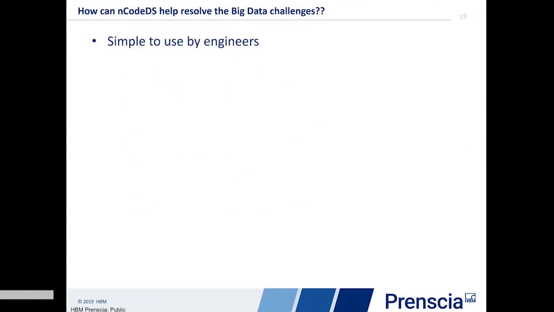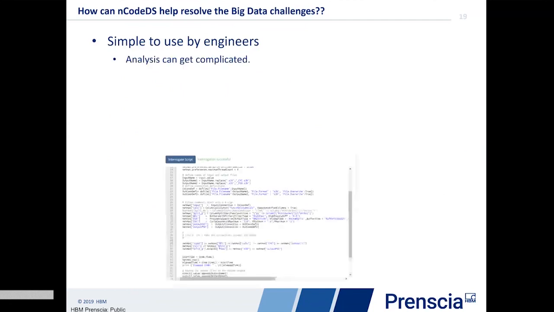If an engineer is not comfortable with using Python, that's your bottleneck, right? So we want to make it as simple as possible for an engineer to use. Not all engineers are very skilled with Python scripting, for instance.